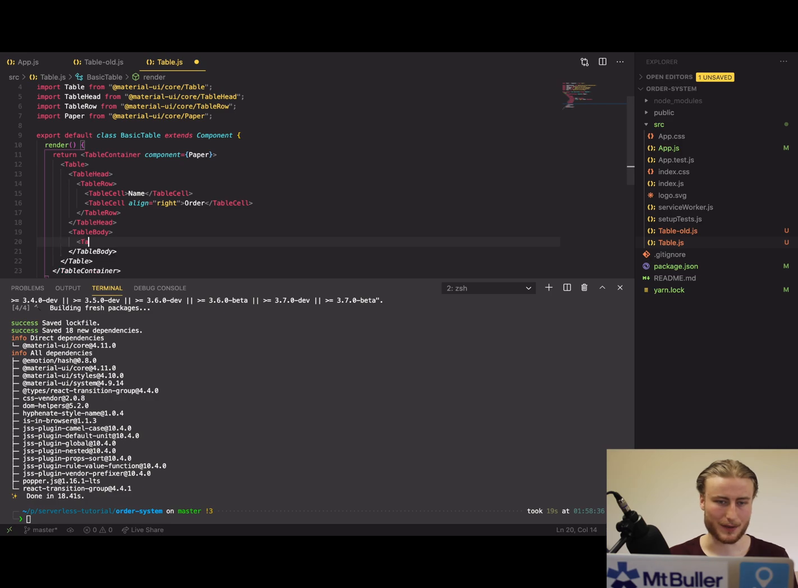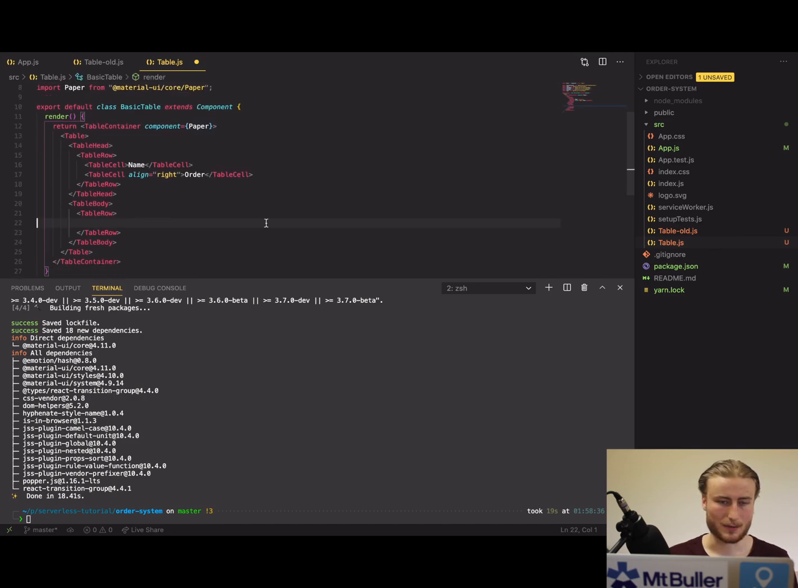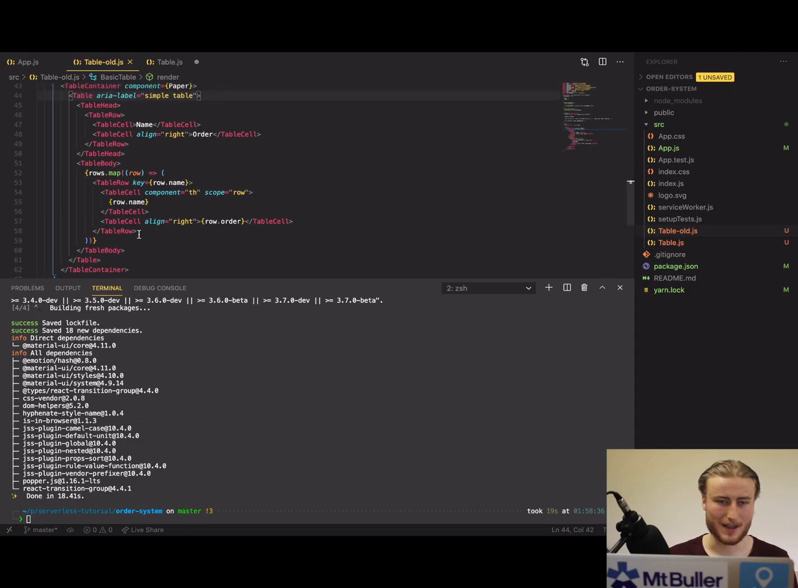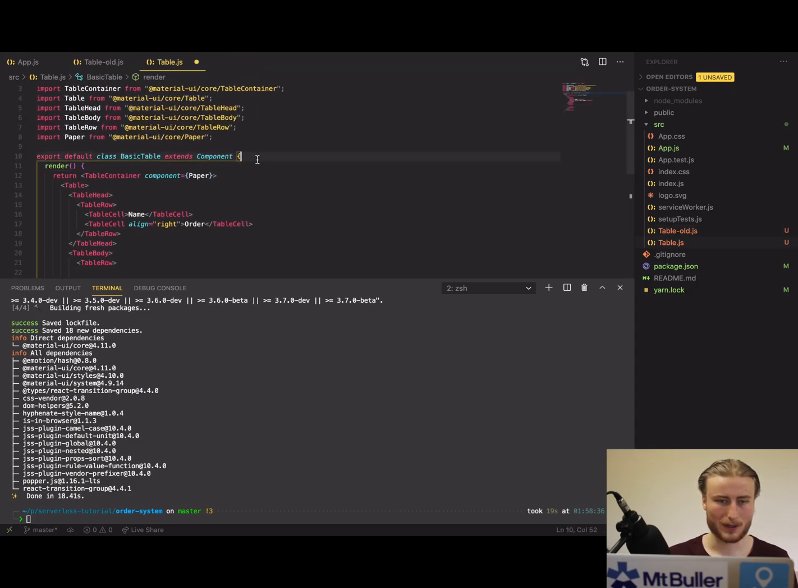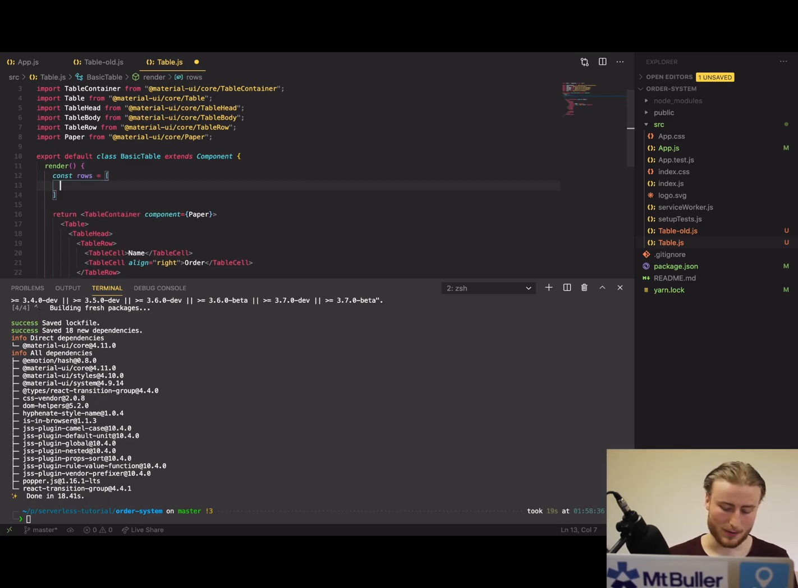And then we've got table body. And in the table body, we also have a table row. And you can see here, we've got table row again. And in that, okay, so this is where things get a little bit more complex. So what we're going to do is, to start with, we're just going to define some default values. So const rows is going to be equal to an array of name Patrick, order,